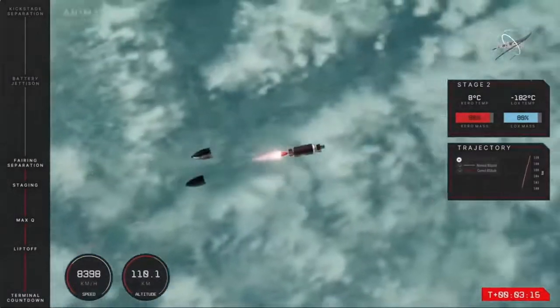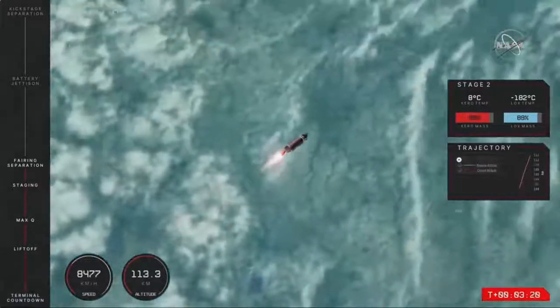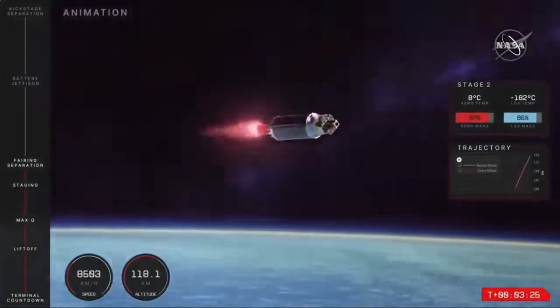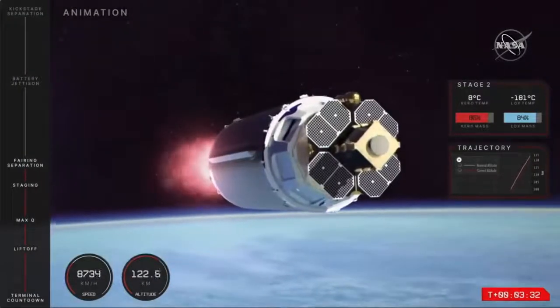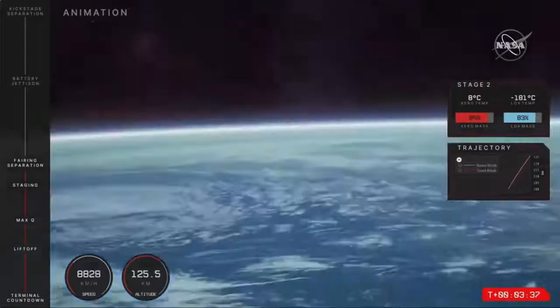Separation. So there we go, we heard it on comms. We have had fairing separation on that second stage, and so there's confirmation that mission is continuing as it should, with CAPSTONE and the Photon lunar upper stage now exposed to space and no longer needing that protection through Earth's atmosphere. Now, it's very exciting to see this mission up and in the air, and if you have just joined